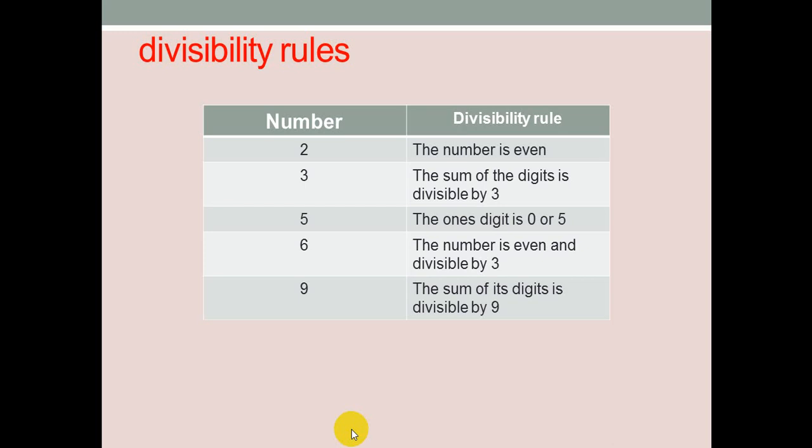The number is divisible by 6 if the number is even and also divisible by 3. The number is divisible by 9 if the sum of its digits is divisible by 9. For example,